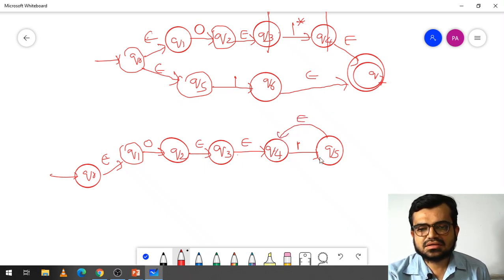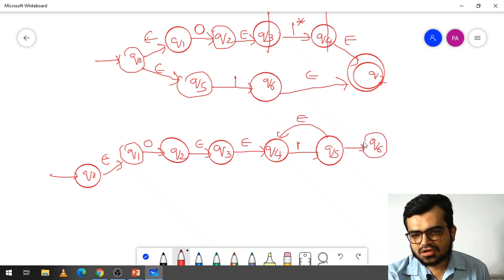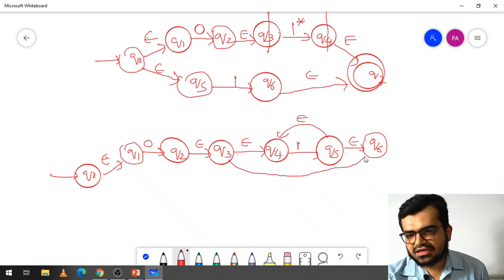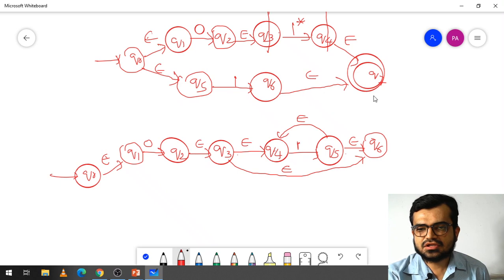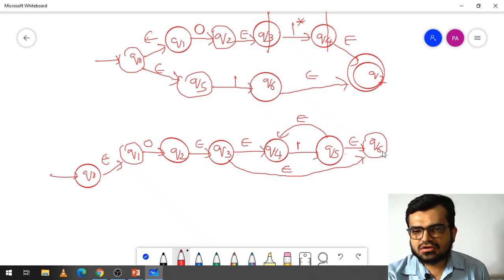Then here it is Q6 with epsilon, and this is also epsilon, because now I am expanding 1 closure. So here I got Q6, fine, then I am getting Q7.